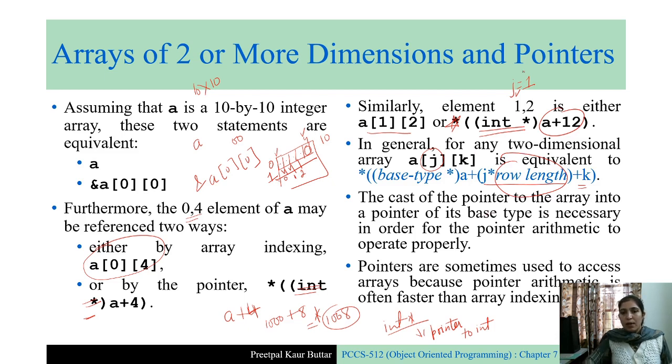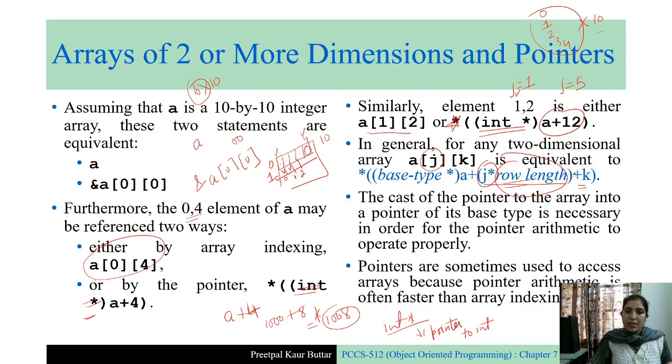Suppose j is 5 here, it means you want to go to the fifth row. So how many rows are you passing? You are passing 0, 1, 2, 3, 4 rows, so 5 rows you are passing. That is why you multiply by the value of j. And each row contains row length elements. Each row contains 10 elements. Row length can be any value. In this particular example, the row length is 10. That is why we are multiplying it by 10. Otherwise, you can multiply it by any value.